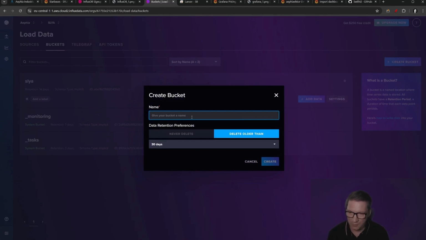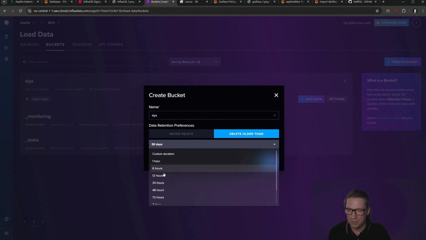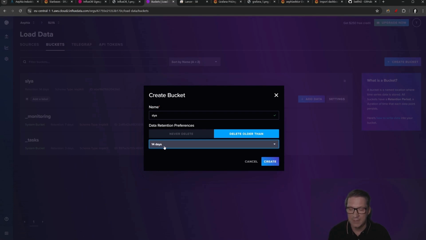So in your case, if you're playing a single faction, then you probably just want to create one bucket. You don't need a second one, so it's totally fine. I would recommend you just call that bucket, as I did, SLYA, and that's great. And for data retention date, you can set it on 14 days, because we're not able to use 30 days